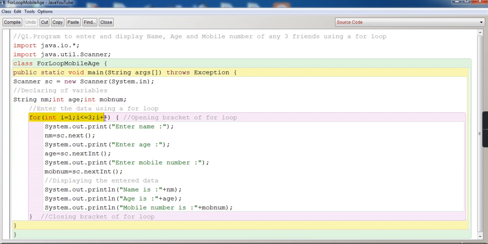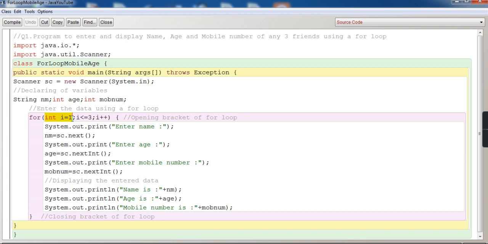If you see this line, for loop: for int i is equal to 1, i less than equal to 3 and i plus plus. The first part is int i is equal to 1. That is the initialization part, where i is being initialized as 1.